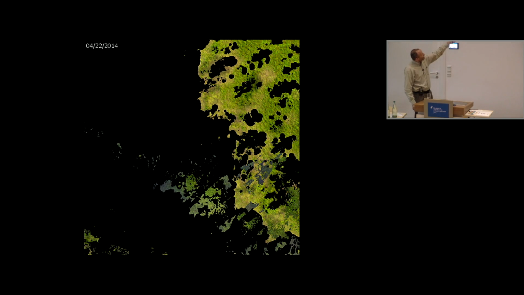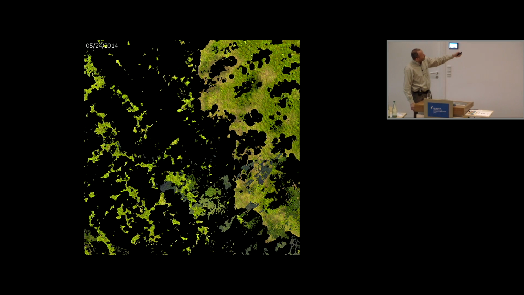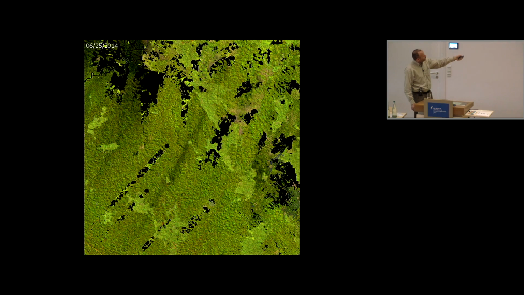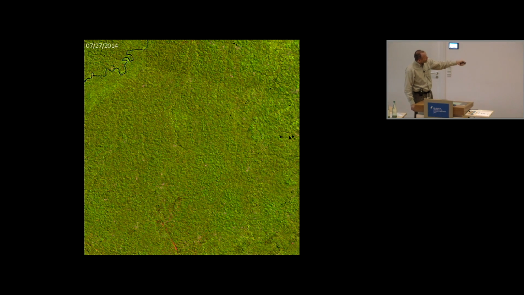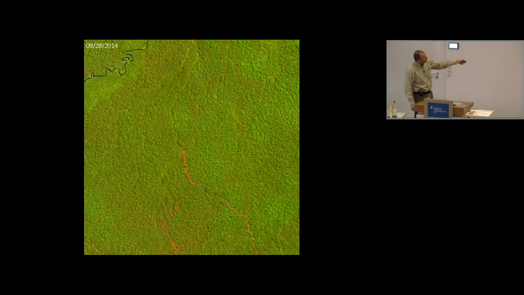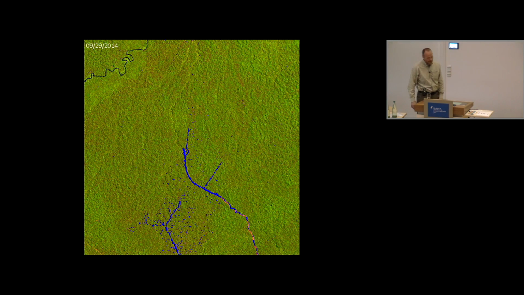This is Peru, and we're just populating the image, and you'll see a logging road come in from the south, and then it'll be extended, and you'll see the selective extractions off to the side. And this has been met with, in Peru, they're delivering it to certain programs in the Ministry of Environment, also